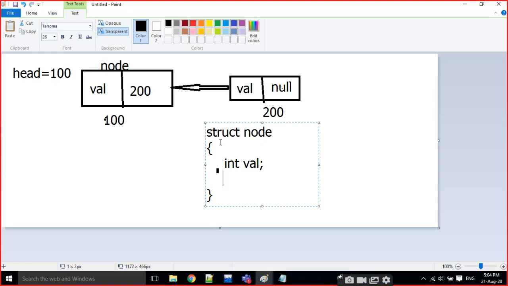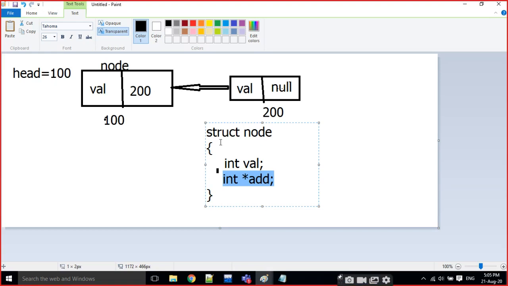That is not an integer address, right? For example, if I write it like this, the pointer is going to store the address of another integer variable. It only has the capacity of storing an integer variable's address.